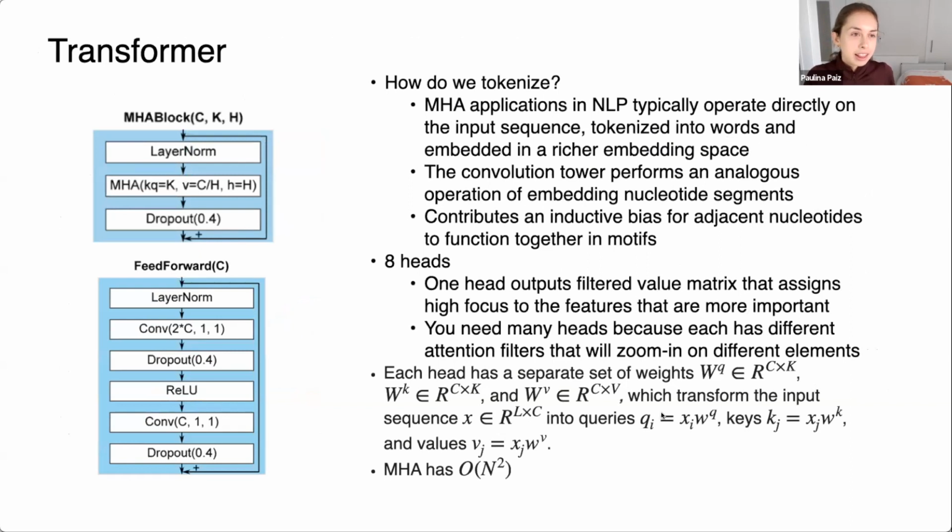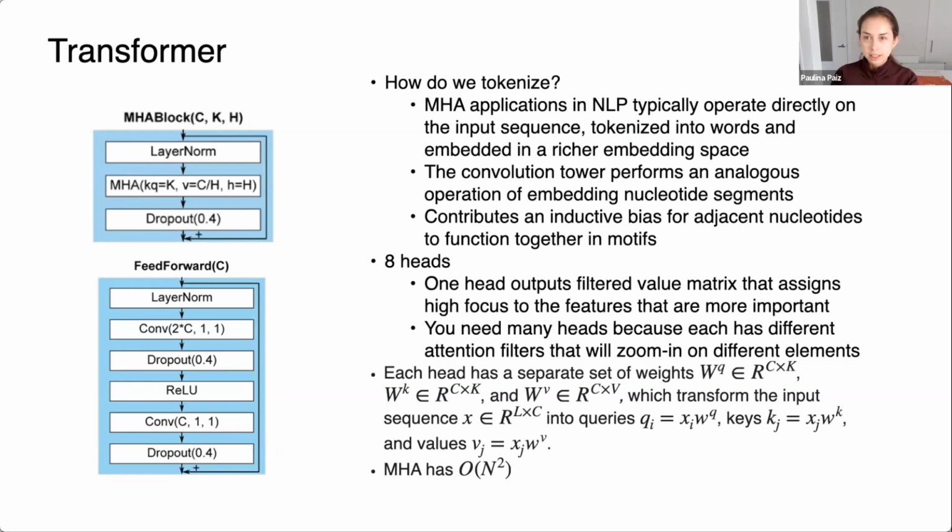Okay, so the positional encodings are something you need before you enter the multi-head attention block. And we have this question about how do we tokenize, right? Because tokenization comes from the natural language processing field, and it's usually done directly on the input sequence, tokenized into words and embedded into a richer embedding space. So I feel like because language is something that we're so accustomed to, that notion of tokenizing words comes more easily than what is a token in a series of contiguous